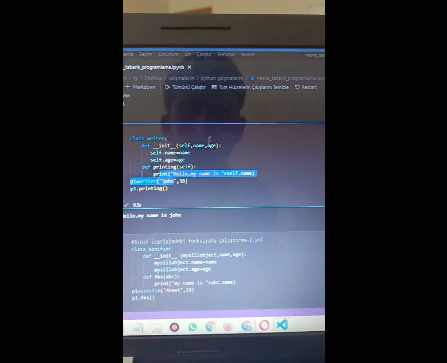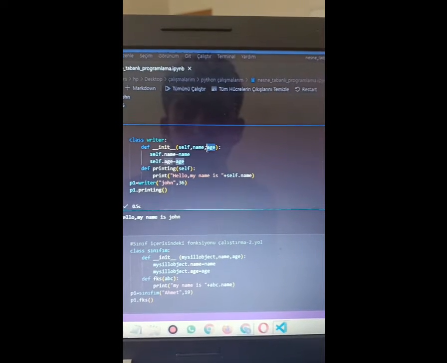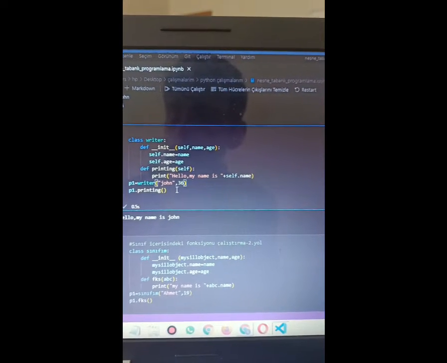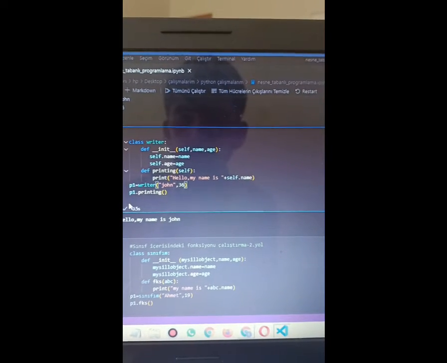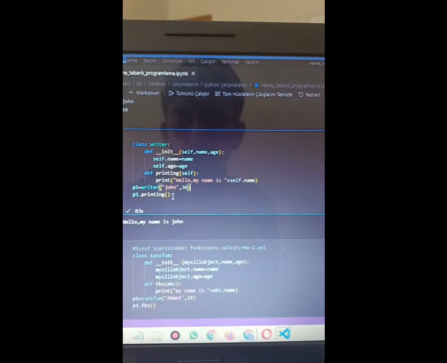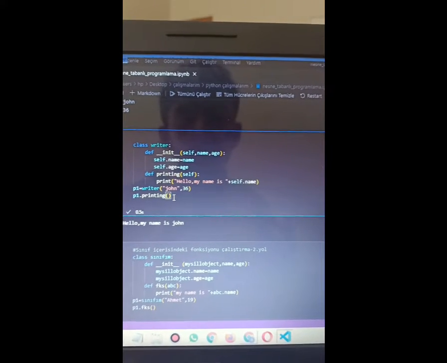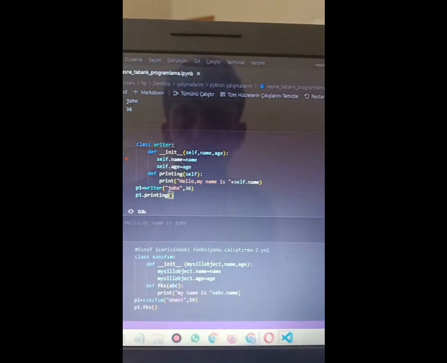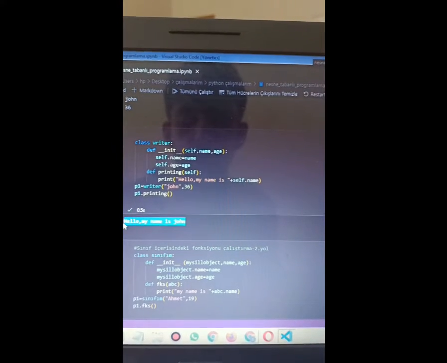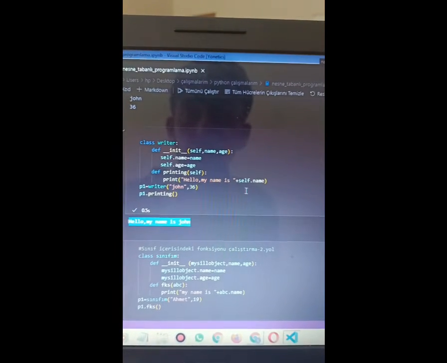John is the name parameter, 36 is the age, and we are assigning the writer class to p1, and we are calling the printing function of the writer class, and the output is "hello, my name is John." John is from self.name.